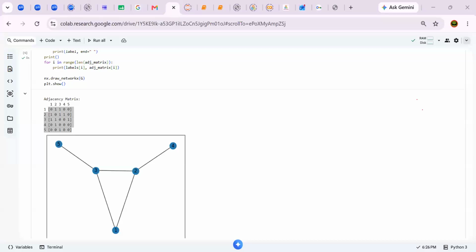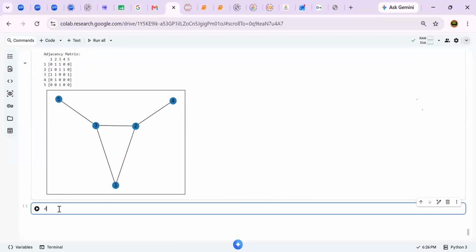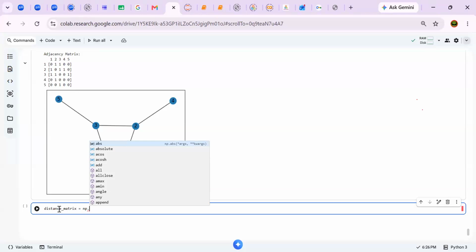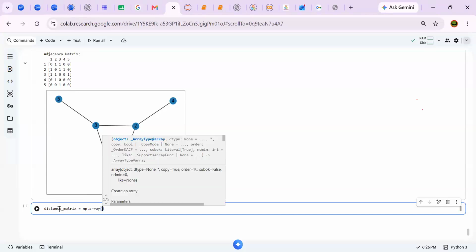This is the code for the same matrix, so we can visualize the distance matrix. You can give any name; for understanding purposes, I will call it distance matrix. We use np, which is nothing but NumPy, with the array format, and we need to use nx dot